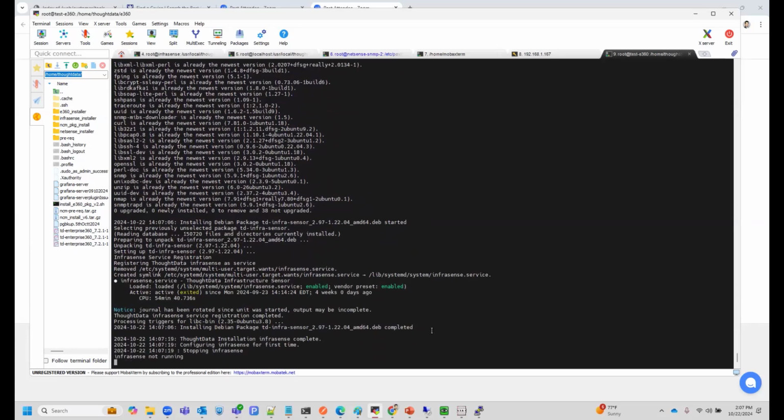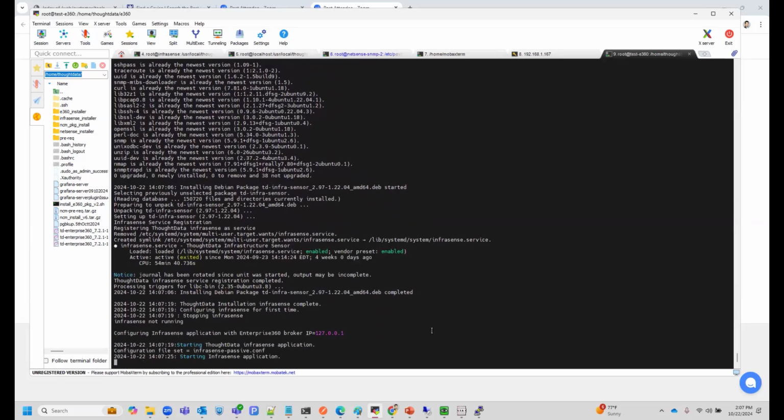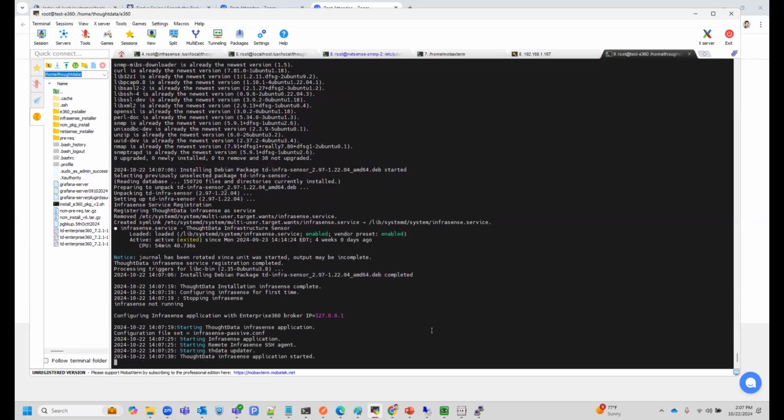It will install InfraSense, and it will also automatically register it as an application service on the system. And now the installation of InfraSense is almost complete, and it has also started the InfraSense application services in the